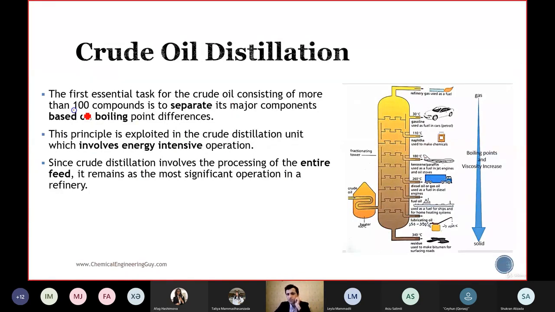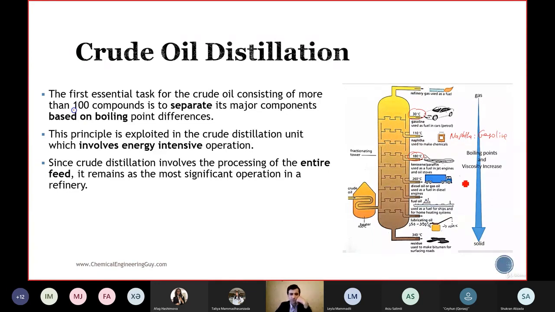So starting from 30 to 180, this is naphtha or gasoline. From 180 to 260, you can see the different boiling points in different photos because they are from different references. In the previous one, it was 240, now it is 260, but this is okay. It depends on the product spec, what you want to achieve. This is kerosene or jet fuel. Then you have diesel, fuel oil, lubricating oil,